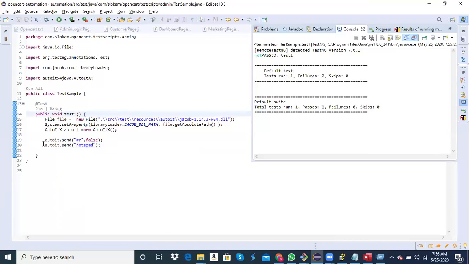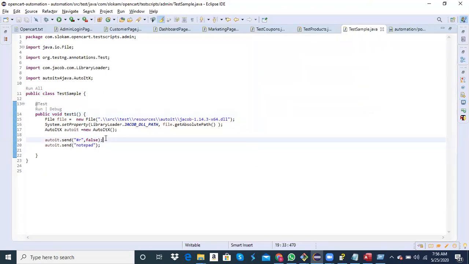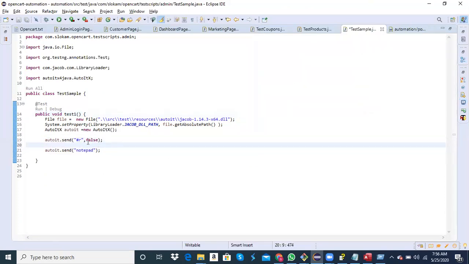It is not waiting for the Windows that are to come, and immediately it is executing. So if you want to avoid such a kind of thing, you can add sleeps in between, or you can use some kind of coding standards, waitings and things.